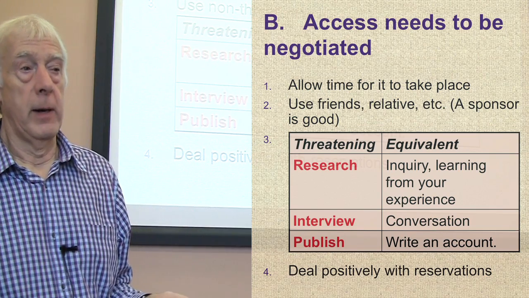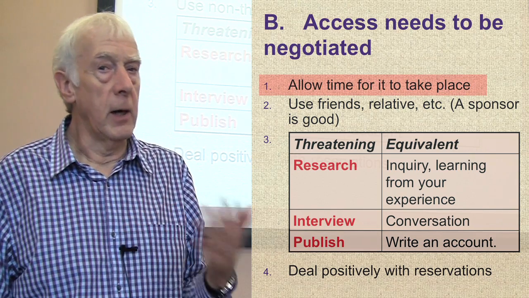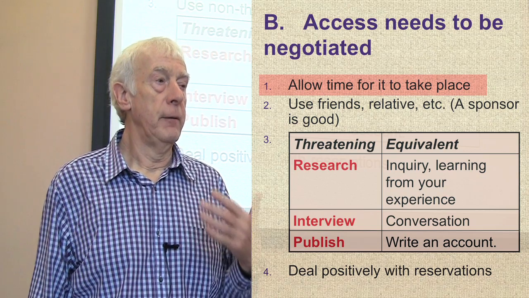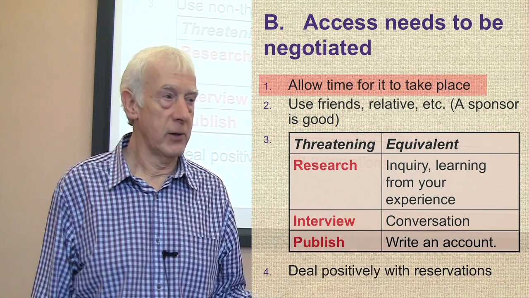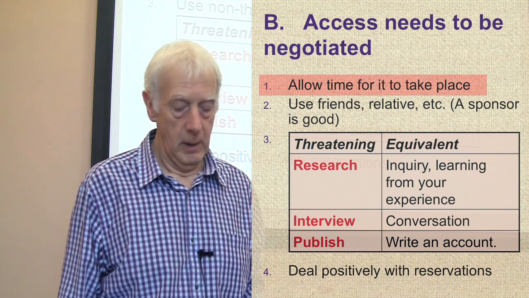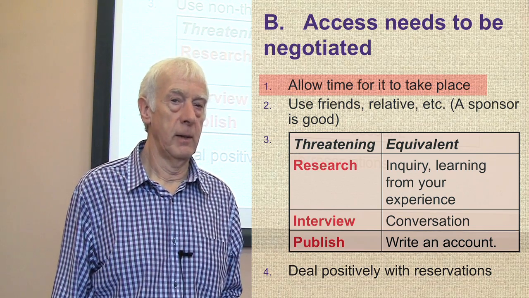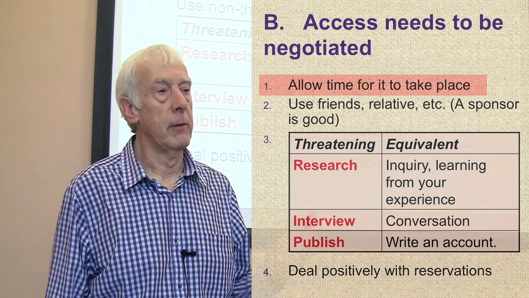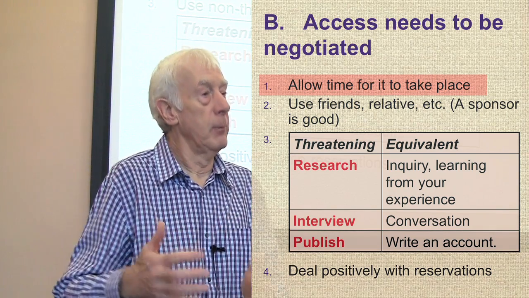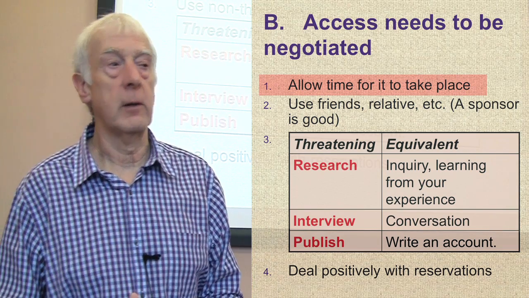And the important point to bear in mind about the practicality of research is that it takes an awful long time. I suspect it's something you may come across very soon with your dissertations, that if you're going to do any kind of work that involves going outside the university, then it'll take time to negotiate that. You have to allow time for that. One particular area you need to allow time for is ethics permission. If you get into that kind of game of trying to get ethics permission, then it will take you an awful long time compared with the time you're actually studying for. So it can take months to go through that whole process. So be very aware of that.